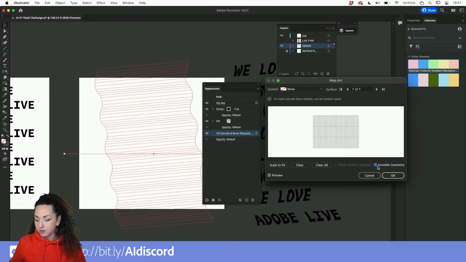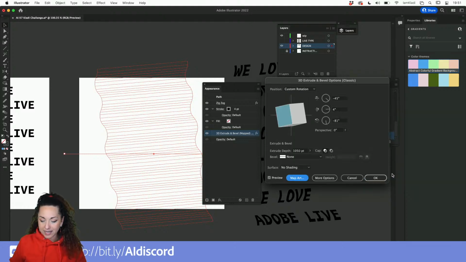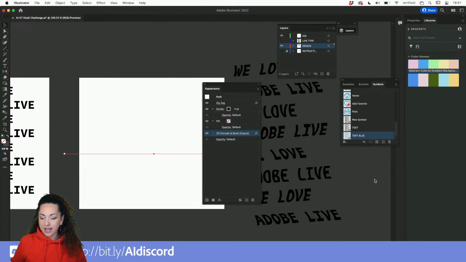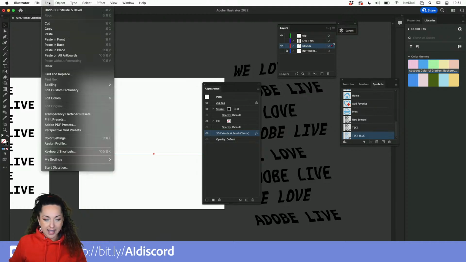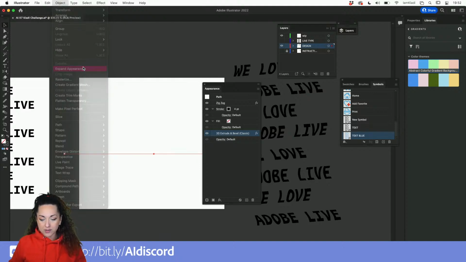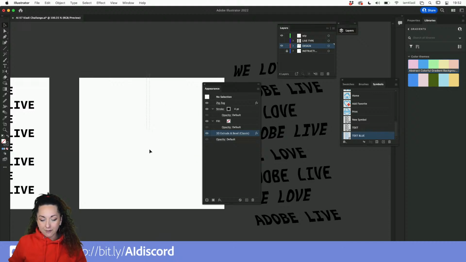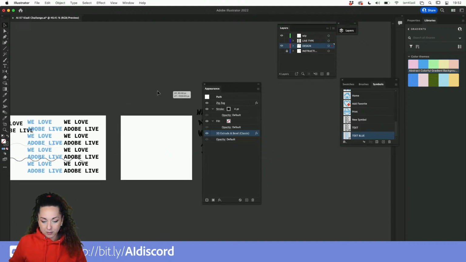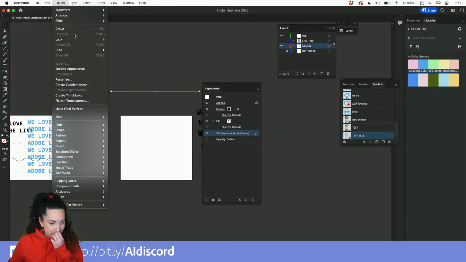Otherwise you can keep the invisible geometry applied and click on OK, and then OK again. So now we have this surface that is there ready for us to be transformed into the background. So what I'm going to do here is head to the edit menu and to the object menu and select expand appearance. So you will see that by doing so, once we select expand appearance, everything will be actually expanded into a new design. So let me go ahead and move this up here so we can choose expand appearance,